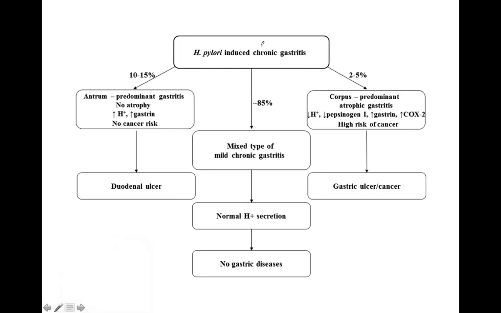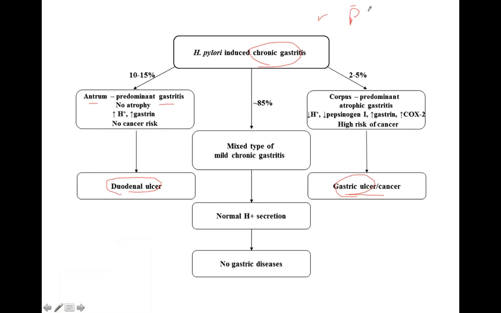Like the patient may have chronic gastritis, and this gastritis can lead to inflammation. Means there is inflammation, chronic gastritis, and if it persists, it may lead to a duodenal ulcer. If it is at the antrum, and in some of the cases, it can lead to a gastric ulcer. Okay, so always remember, gastric ulcer and duodenal ulcer, both are peptic ulcer disease. I will come to that later. We have peptic ulcer disease.